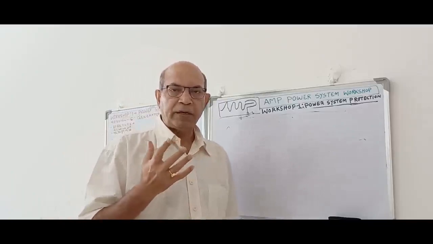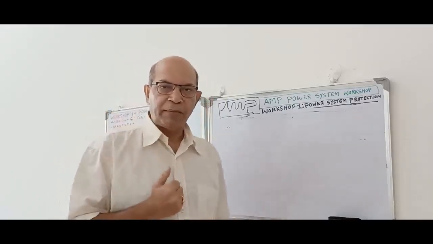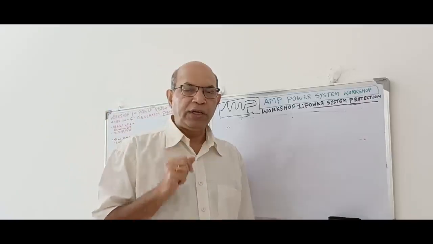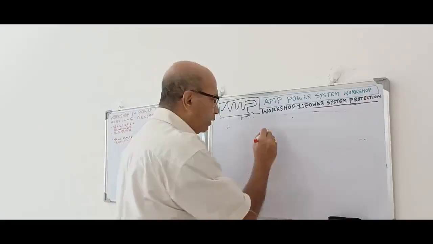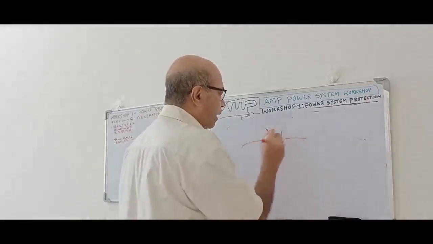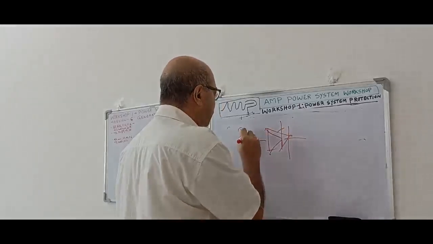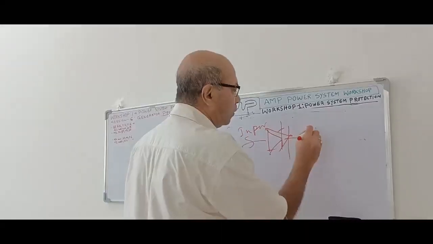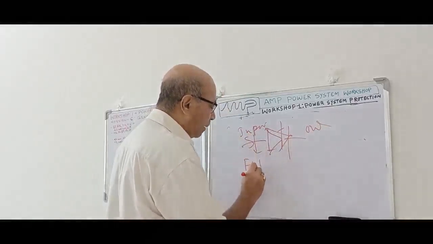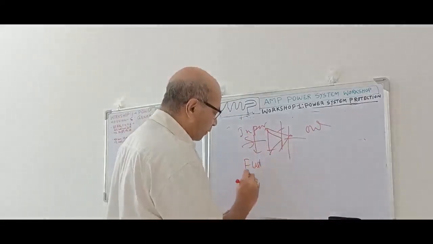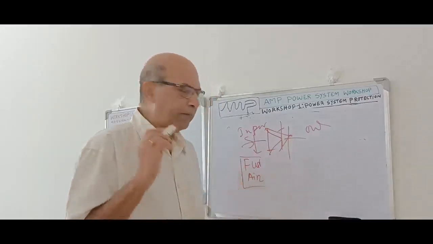Now the input power depends on the fuel which is coming, and there are 2 ingredients controlling the input power to the prime mover. The prime mover is a device; there is input and there is output. The input has 2 ingredients: one is fuel, which is giving the power, and the second is air. These 2 are the main ingredients in the case of a prime mover.